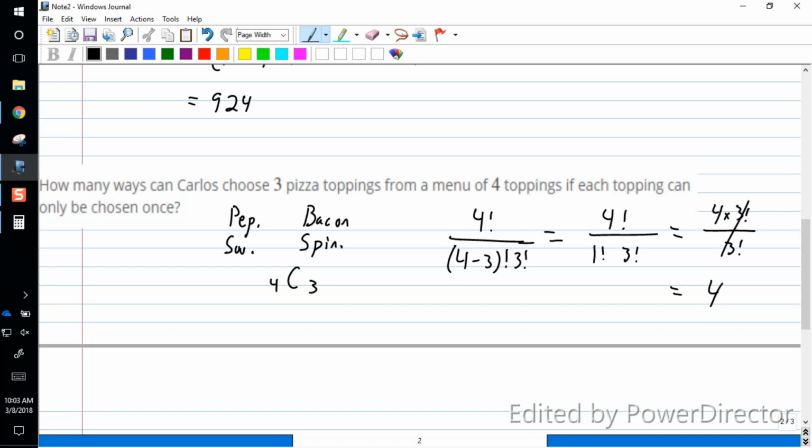And I guess that leaves a little room for interpretation. Maybe it should have said, instead of saying if each topping can only be chosen once, I see why they say that, but maybe distinguish that, or say that if the toppings are the same, then it doesn't matter the order that they're chosen, to lead you on to understand why you actually get that answer. So